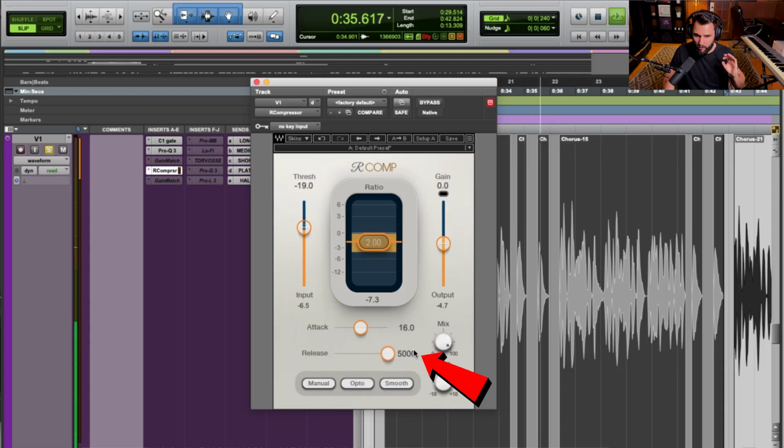Now, the slower time, however, kept the vocal compressed for longer, basically never letting it go and keeping it compressed almost entirely, even after the signal would fall below the threshold. This produced a much more noticeable compression sound, and if you really paid attention, you would notice that we were getting a little bit more gain reduction with the slower release because, again, it was keeping it compressed and not letting it come back up. So we're actually losing about a dB more on average with the slower release time as opposed to the faster